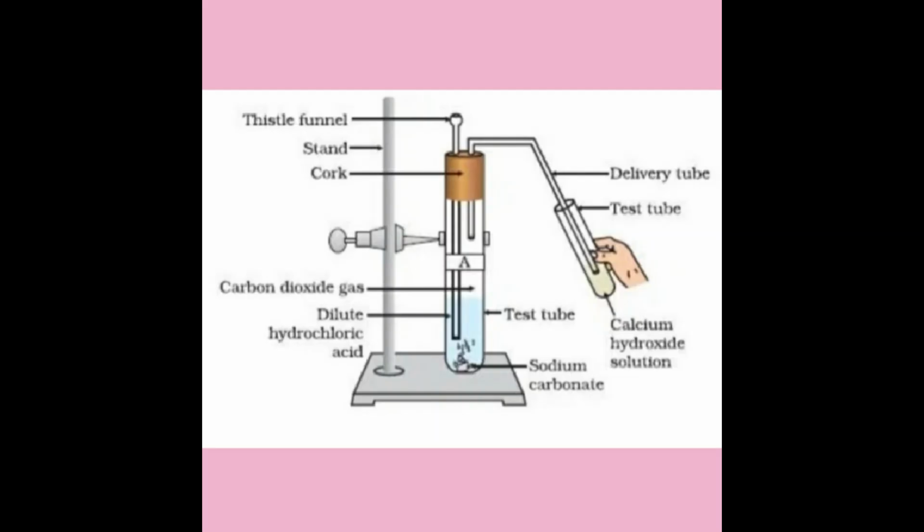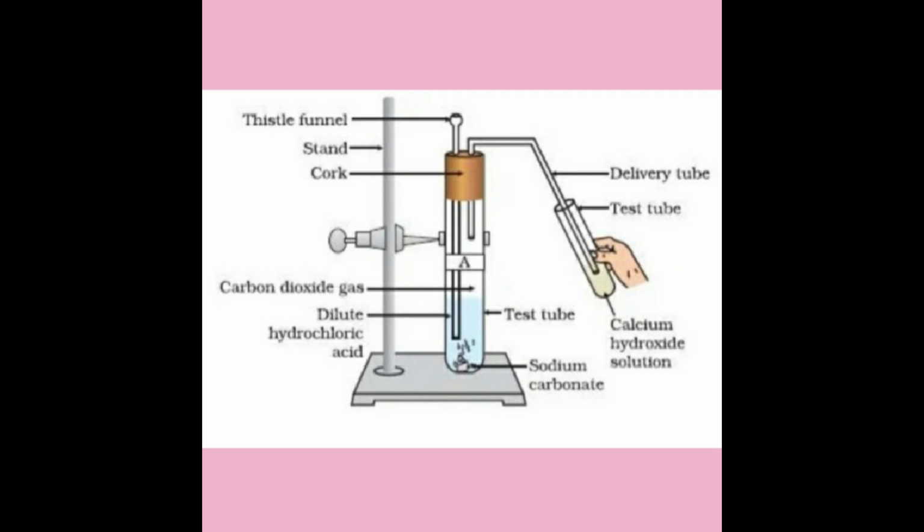Test for carbon dioxide gas. Take a boiling tube and add 0.5 grams of sodium carbonate, that is Na2CO3. Add 2 ml of dilute HCl. Then you can observe a brisk effervescence is obtained. That means when you take a cool drink opened and shake it, you can see all the bubbles or fizziness coming out. This we call brisk effervescence.